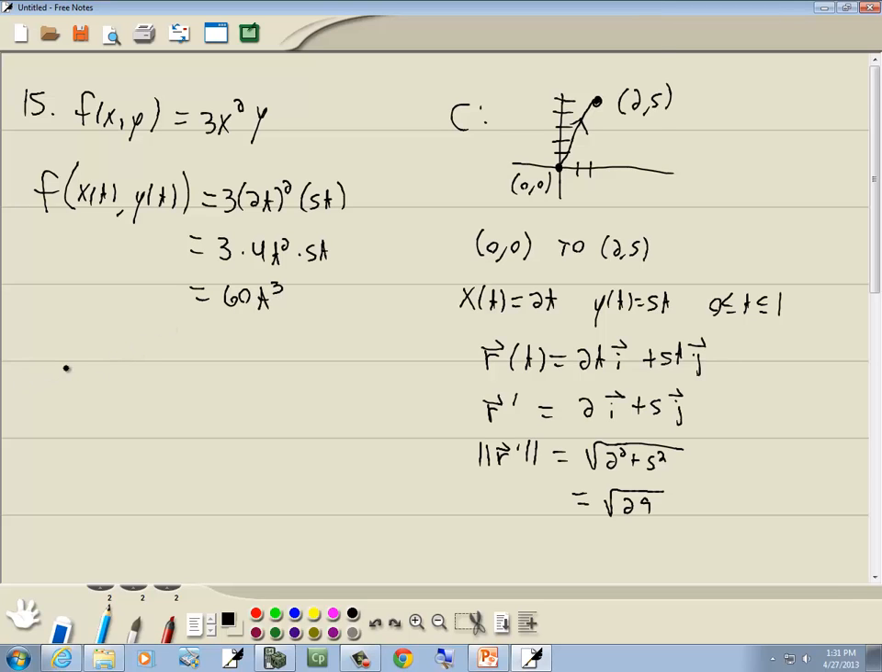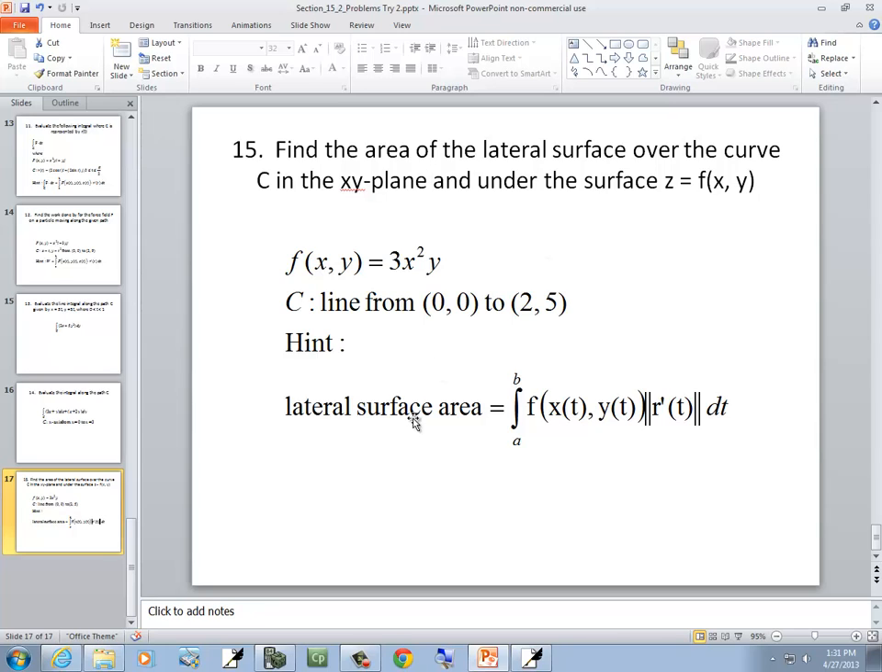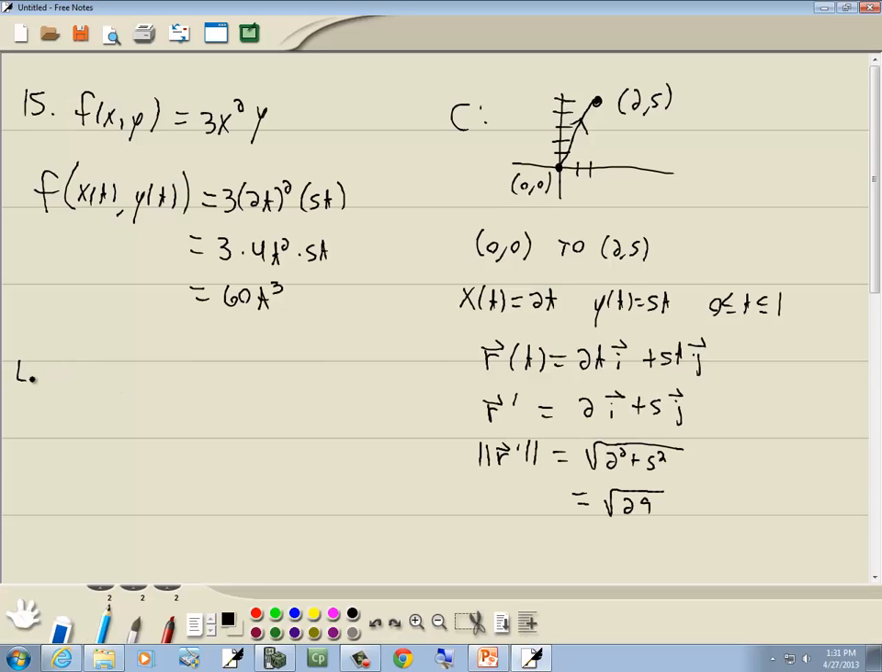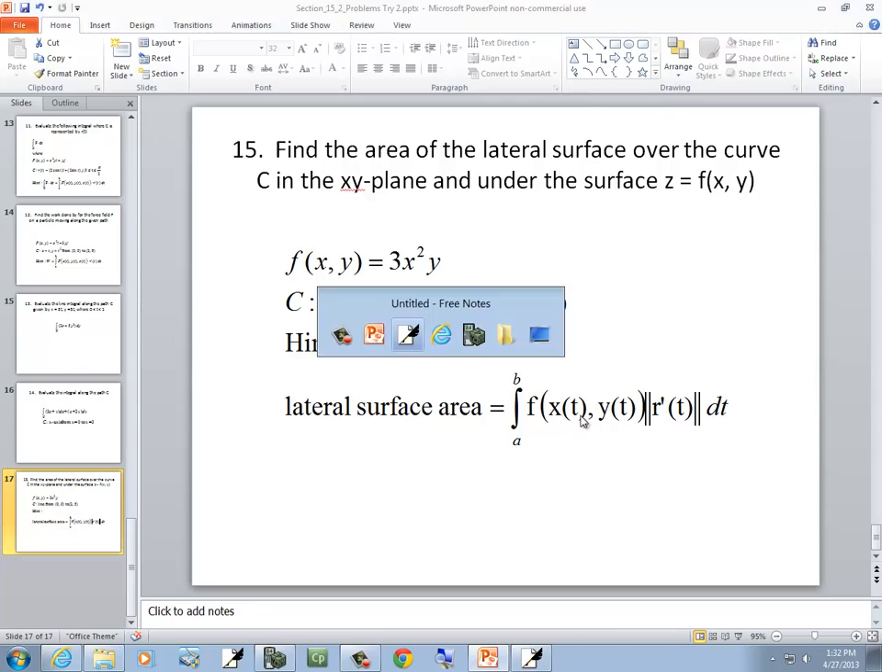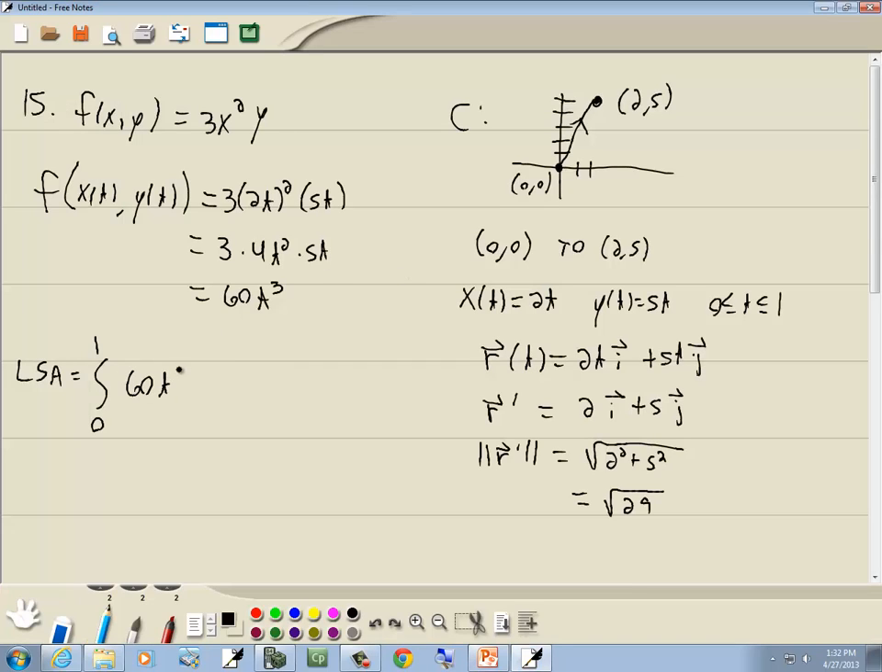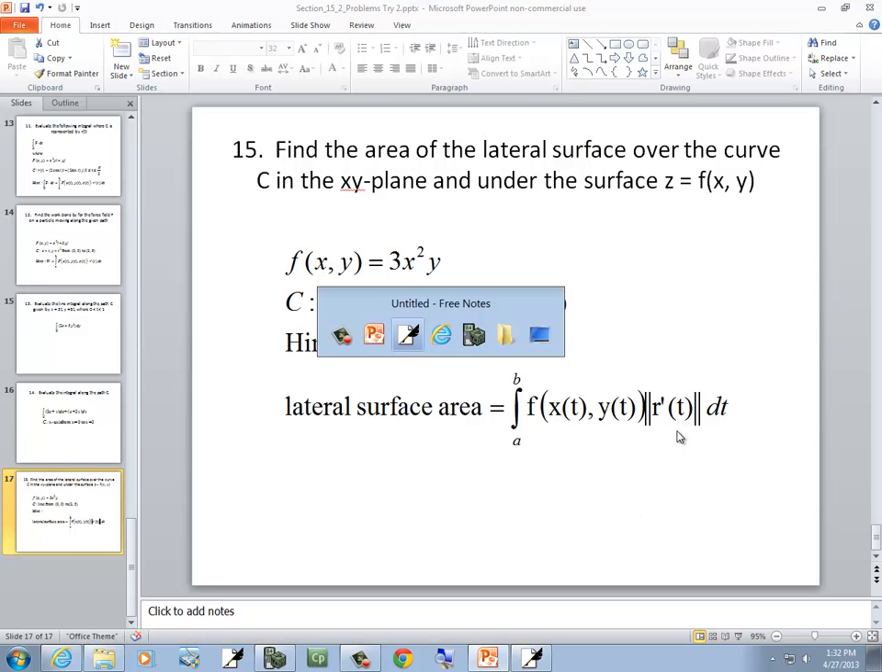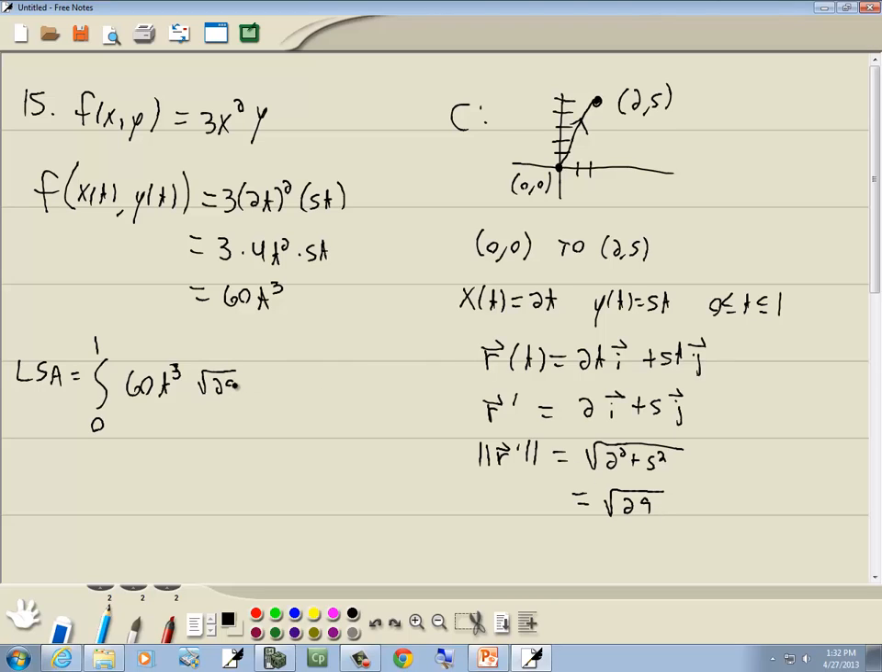Okay, so finally, this is finding the area of the lateral surface. They tell us that the lateral surface area is given using this formula. I'll label it as LSA, lateral surface area. And we're going from 0 to 1. These are our t values from a to b. And we need our function we just found, which was 60t to the third, times the magnitude of r prime, which was square root of 29 dt. Well, the 60 square root of 29 I can put clear out in front. And then this is from 0 to 1 of t to the third dt,